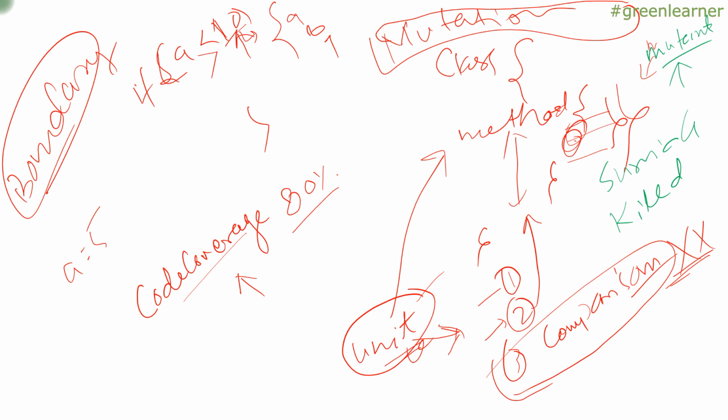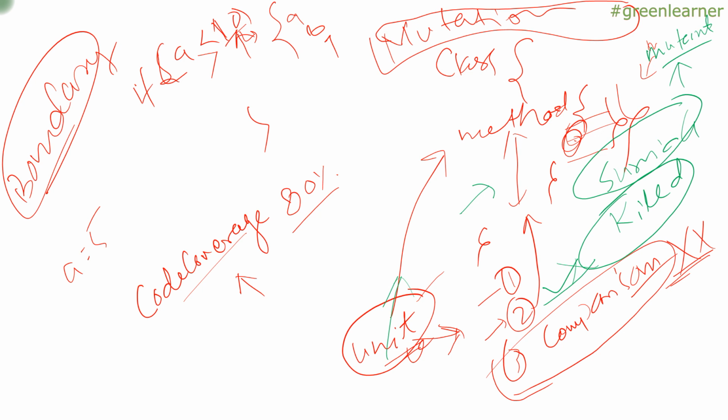The mutant will try to change the business logic and will again run the test cases against the changed code. If your test cases fail, it means the mutant is killed, right? Your test cases are failing after changing the business logic, which means the mutant is killed and it is good quality. If a mutant survived, it means that after changing the business logic there is no test failure. It means there is a problem with the unit test cases you have written, and it generates a report to show you the exact unit test where the problem is, right? So this is the basic funda about this.